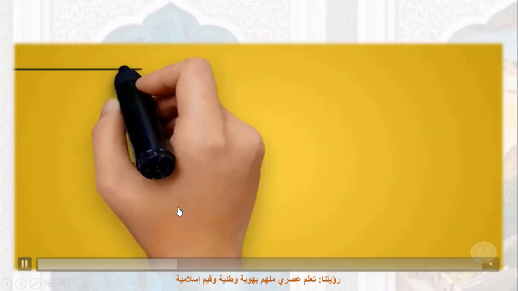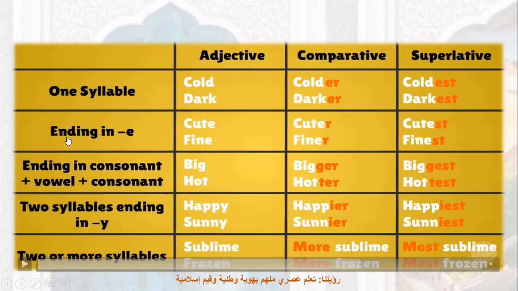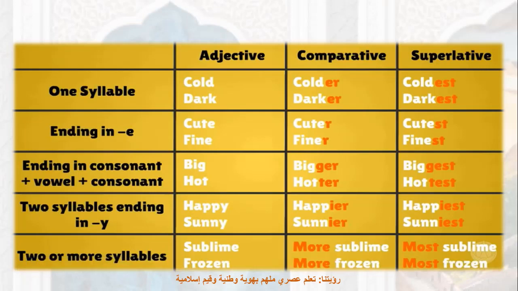Just have a look at this table. Words ending in E, words ending in a consonant, and the vowel and the consonant. Of course, we also have to set the rules for two syllables ending in Y, and at the last step, two or more syllables. Just pause the video and try to detect or to extract the rules. Otherwise,